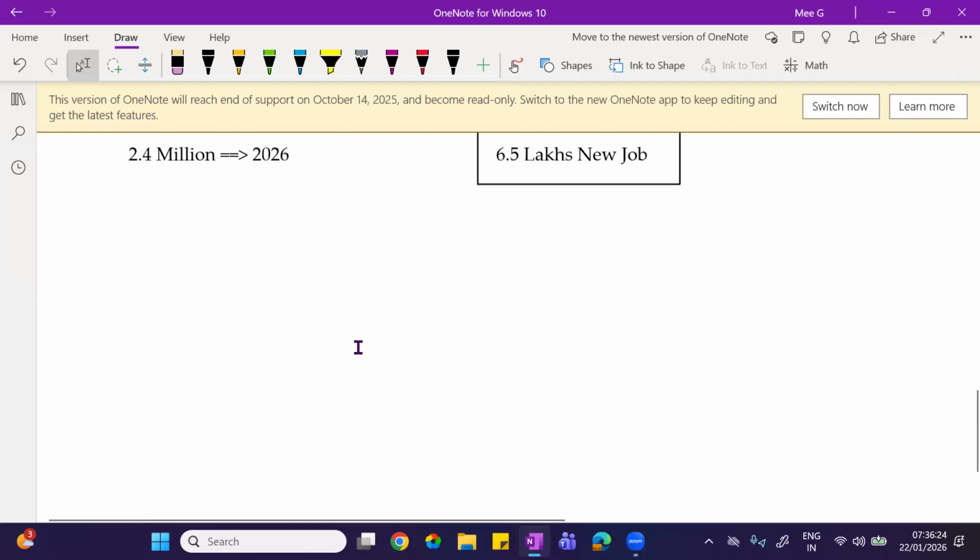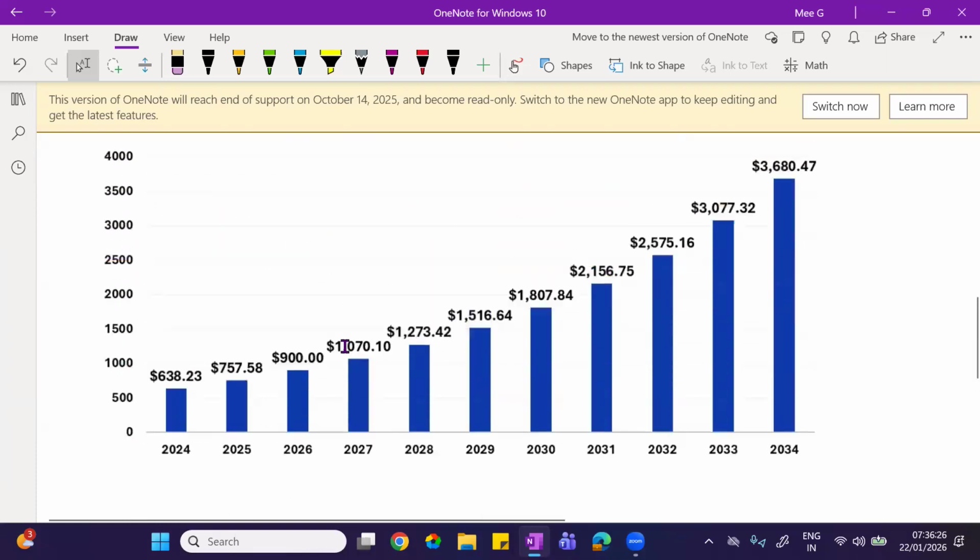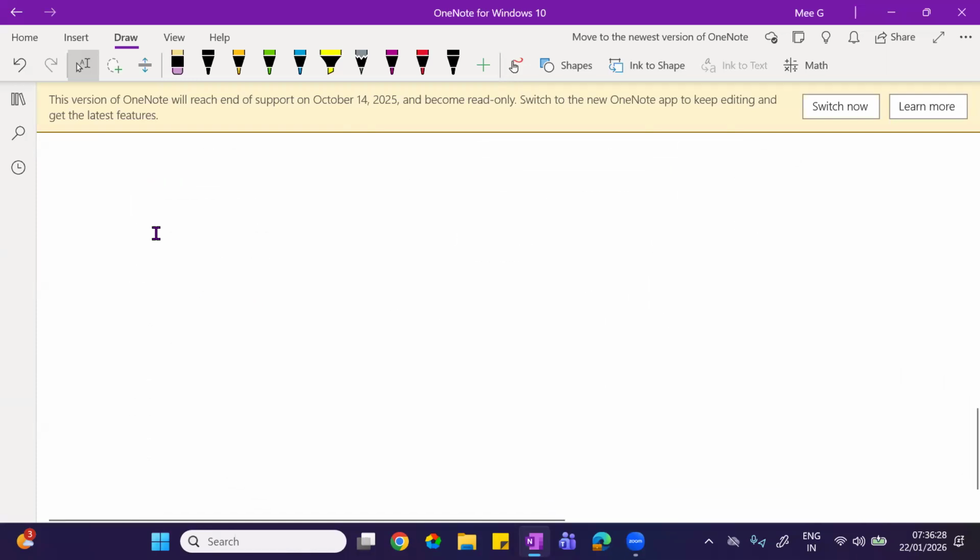Now, that is about the market data. Getting back to our AI. Artificial intelligence has two words, artificial and intelligence.